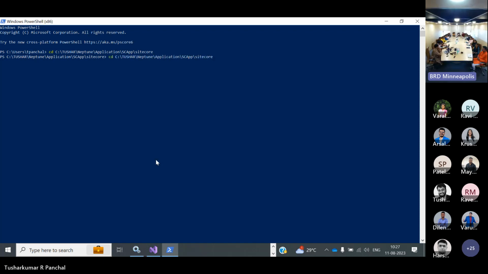Now I need to connect with my Sitecore, right? For that, in our previous slide, we saw that we need to run a command for interactive login. In that command, the first thing is the identity server URL. This one is our CM instance URL. And then when I hit enter,